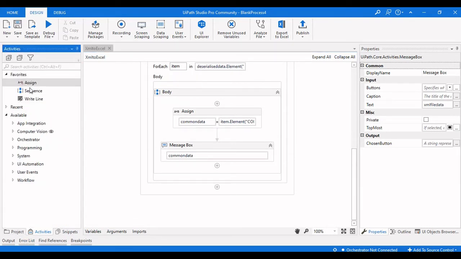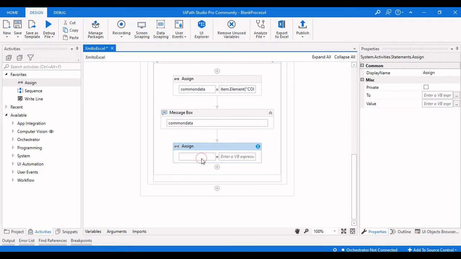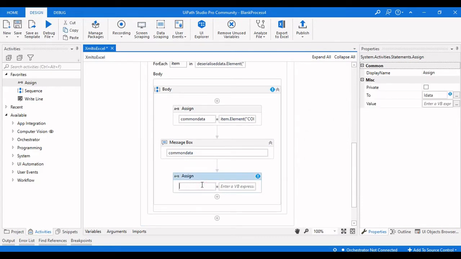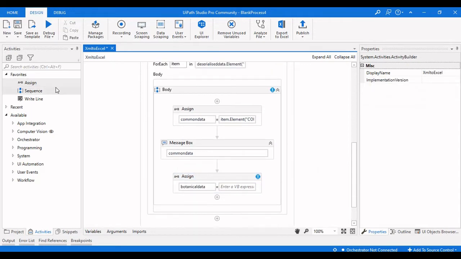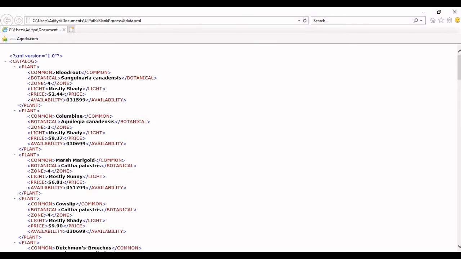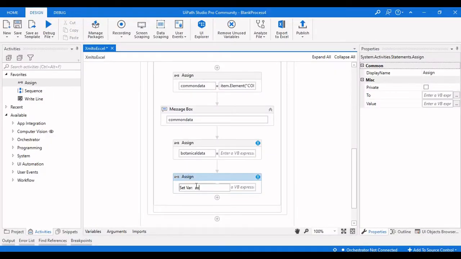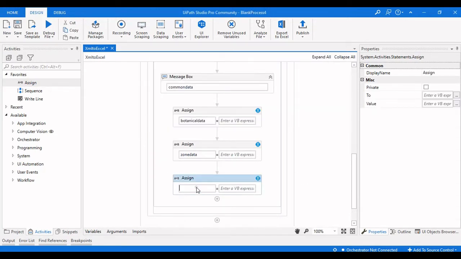So now we can extract all other data as well. For that we need to assign another variable. We can call that botanical data, and the next one is zone data, and the next one is price data.